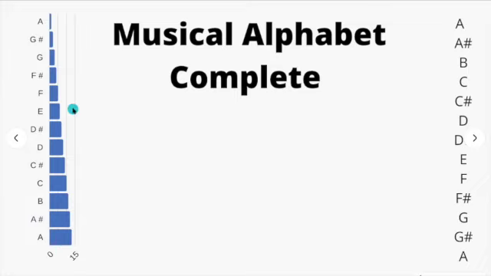So think of it as A is our lowest sounding note, and each time it gets higher. So once again, it's A, A sharp, B, C, C sharp, D, D sharp, E, F, F sharp, G, G sharp,